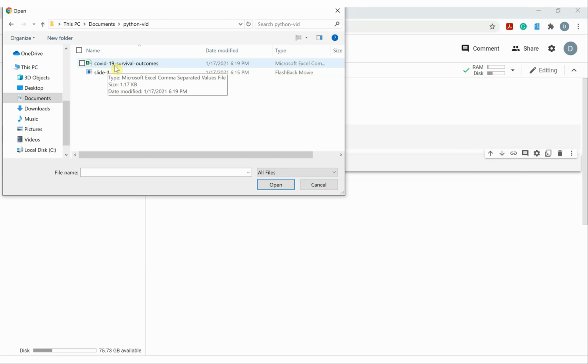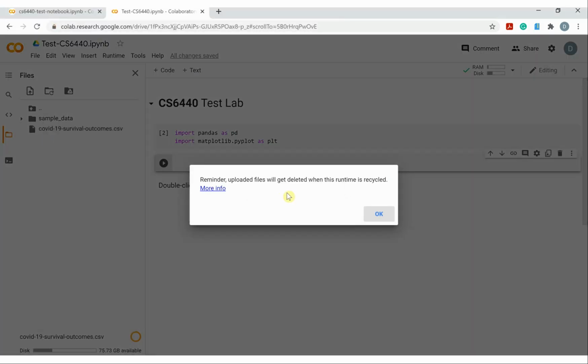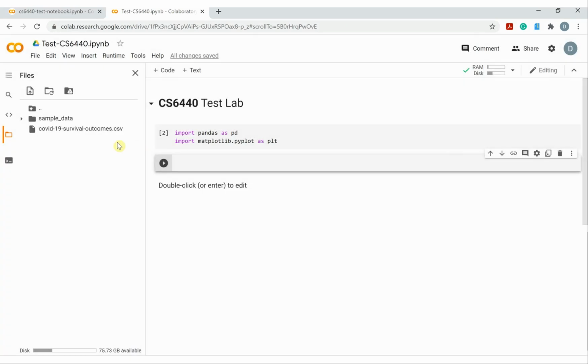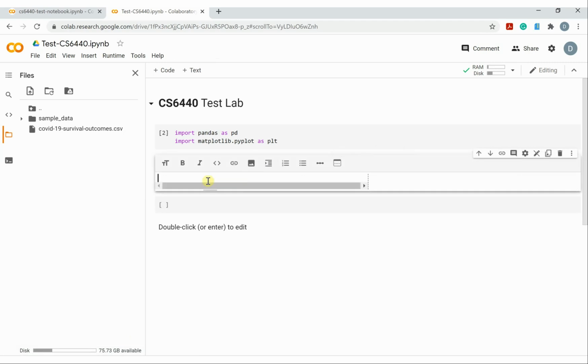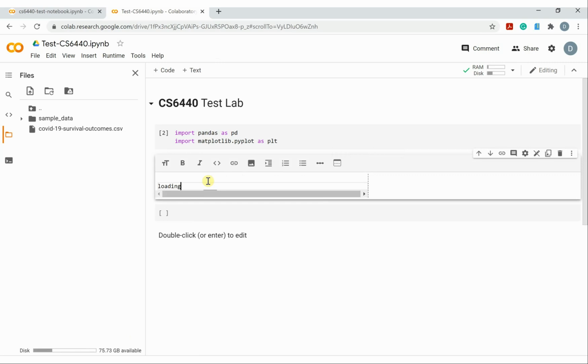So we got some COVID-19 survival outcome data. This data is synthetically generated, and it's already cleaned for us, so it makes it a little bit easier. Before we add any code, what we could do is add a description as well. So we could just say loading